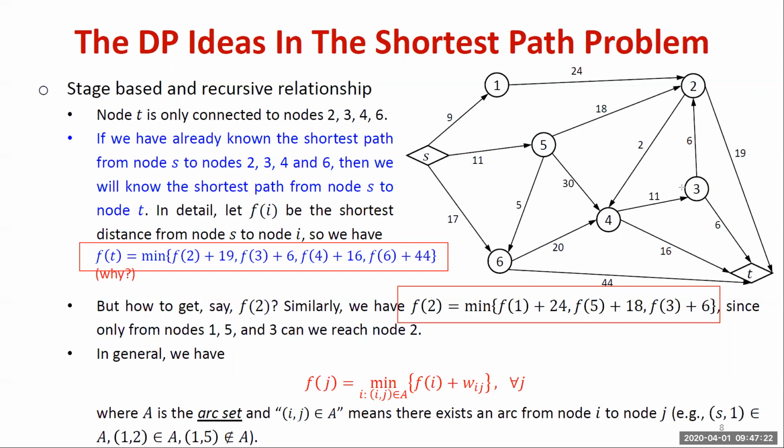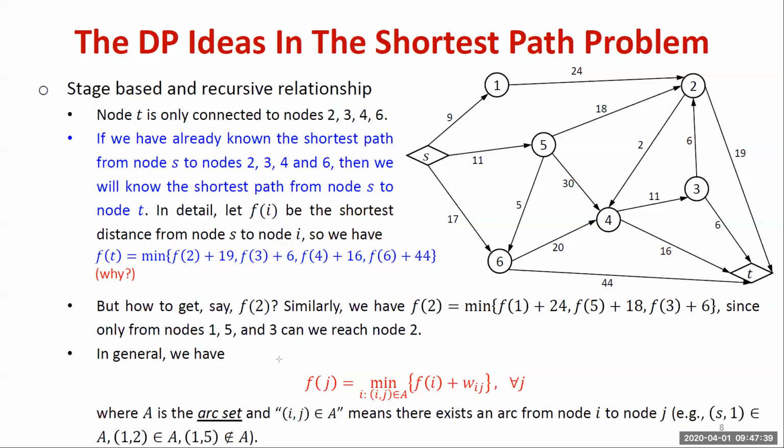How about F3? Well, F3 is a bit more difficult because I need to know F4. How to know F4? I need to know F6 and F5. How to know F5? Directly from S. How to know F6? Either directly from S or from 5 to 6. You see it? And hence we get a very important, I think the most important, recursive